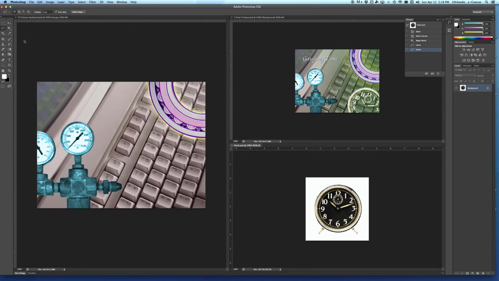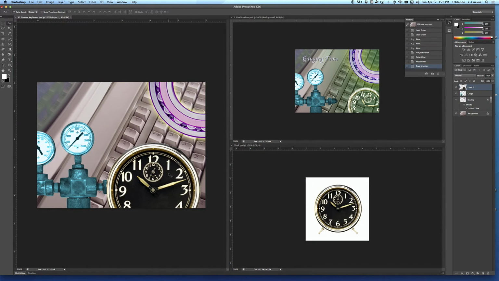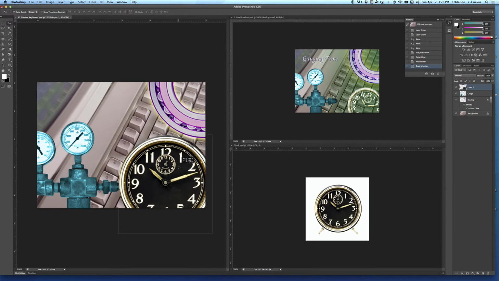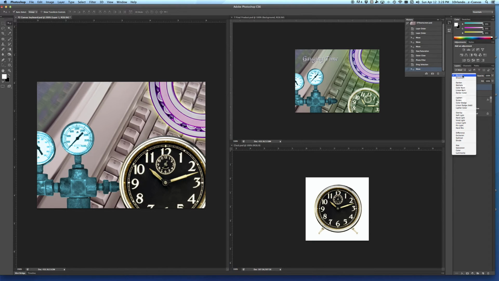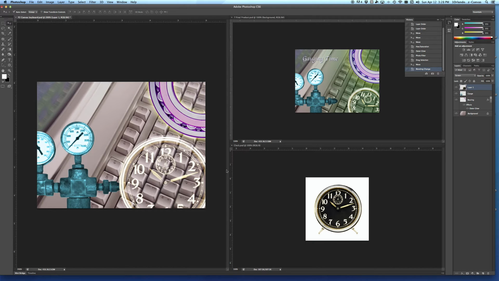I want to take it, pick it up, and move it over using the move tool and drop it into my position right here. I can take this, I can rotate it, but notice that it's not the same color as the clock here. We're going to have to do a blending mode. So the kind of blending mode we need to do for the clock, I think, is going to be over here. We go to the blending modes, and you can explore different ones, but I think the one we're going to use here is screen, and screen eliminates all the black